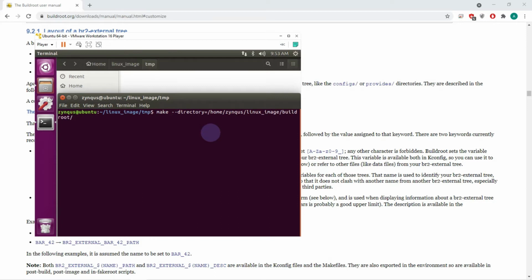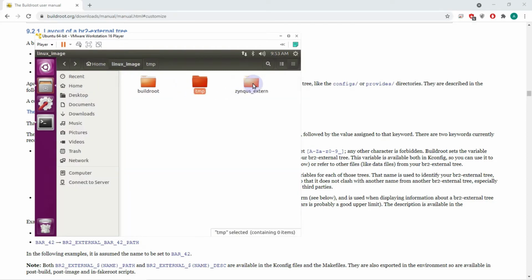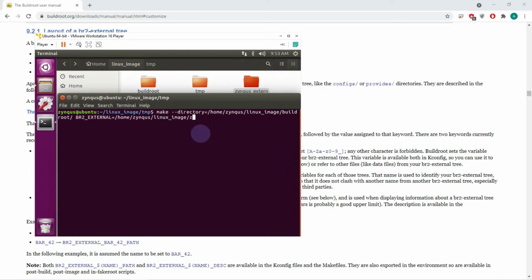Then the next path is BR2_EXTERNAL, and here we should set the path to our customization directory, Linux image, and this Zynq external. Then we should point to the Buildroot defconfig,